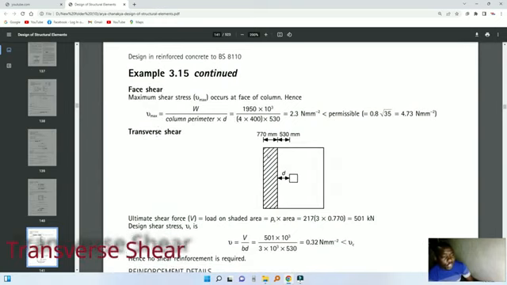Transverse shear is the shear that will act in this far end part here. So how does that act? Okay, now we have an entire path, the entire width of the path, this part here. There's a force that is acting on this one. Okay, it's a part that is D away from the support, from the column. Okay, so the first thing is to calculate the area here. If you subtract this D, you come up with this remainder, which is